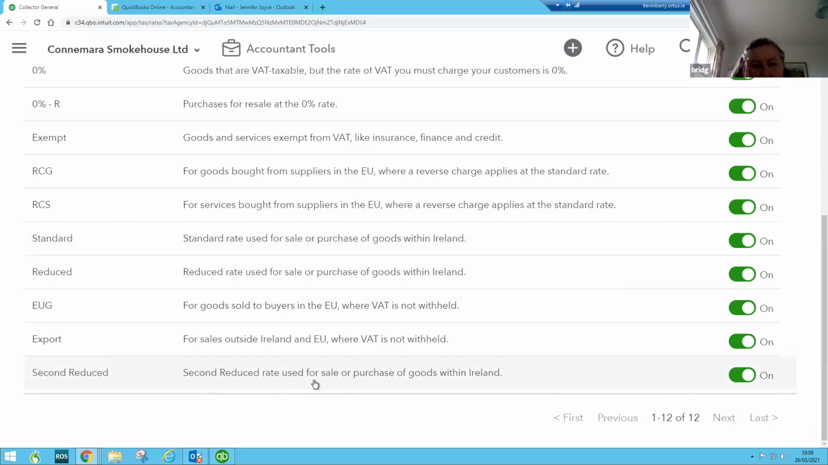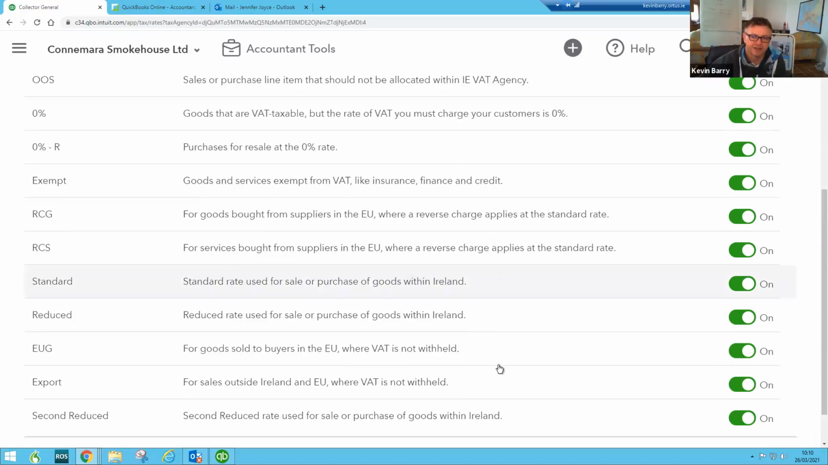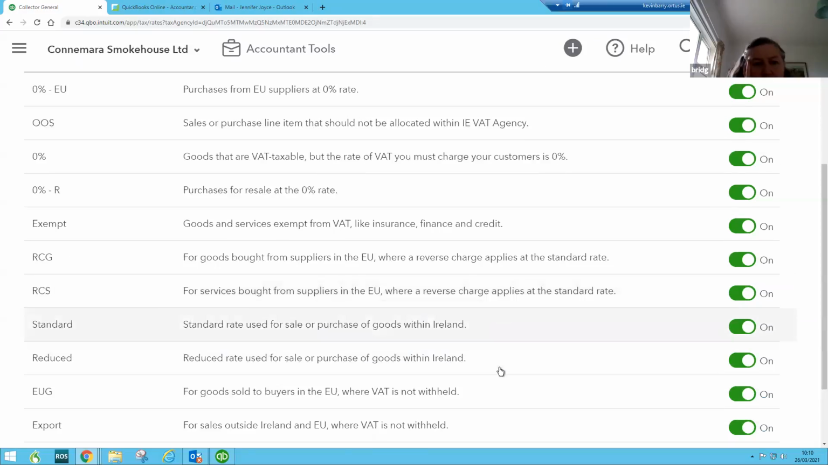Second reduced rate. Okay, so, for sale or purchase, yeah. So we need that one. That's a normal one, isn't it? That's 9% in Ireland, is it? Yeah, it is. Yeah, we need that one. So now, okay, I'm not sure if we've lost ones. I need